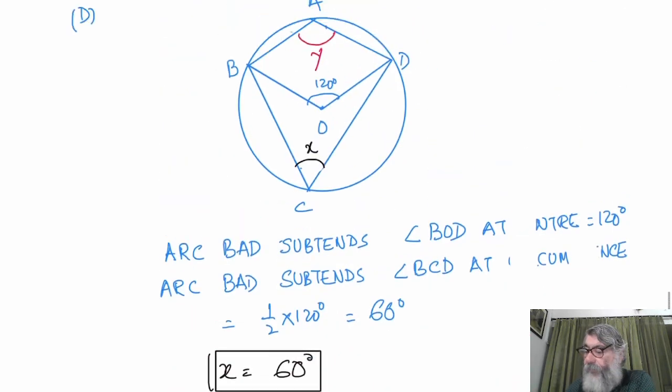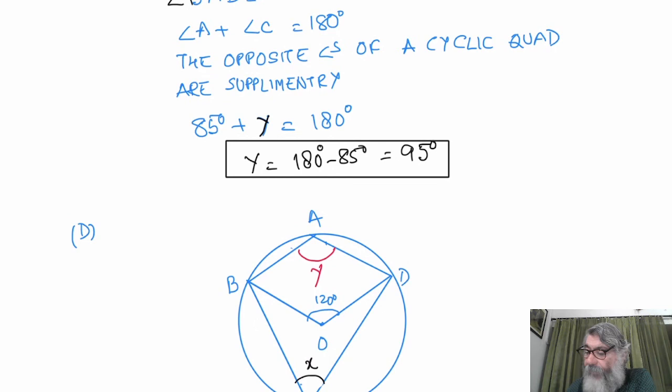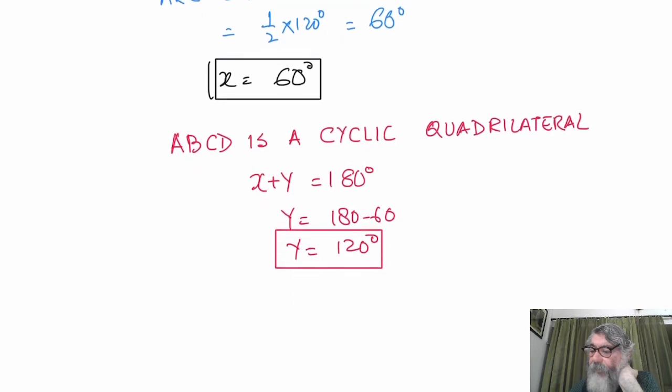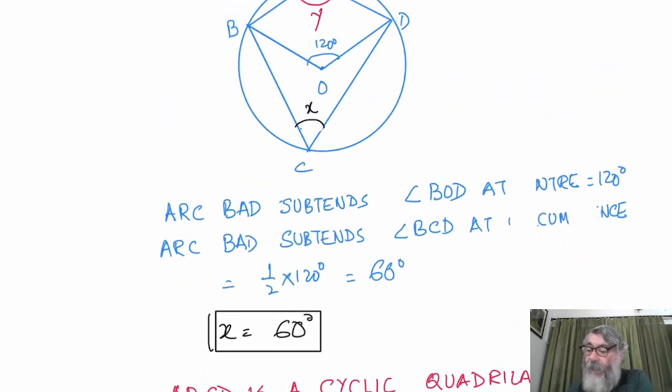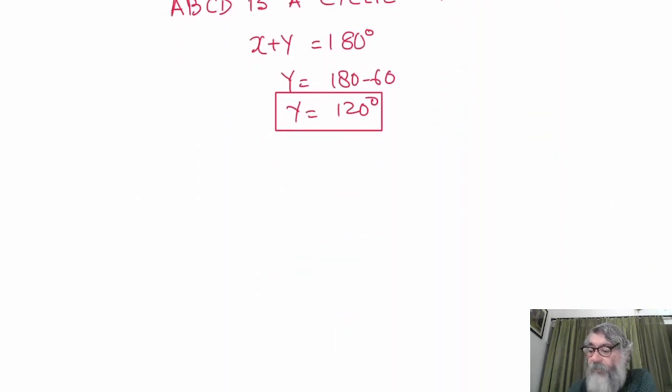If you notice, the value of x has come out to be 60 degree, and the value of y comes out to be 120. So this angle will be how much? 240. Because y is 120, the double of 120 will be 240. And 240 plus 120, when we add, will give you 360 degree, which is the sum of the angles around a point. So we have got this 120.